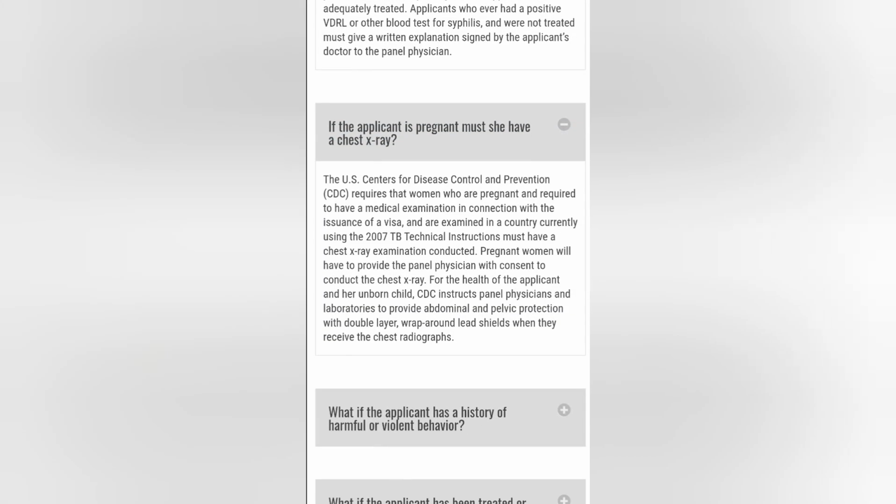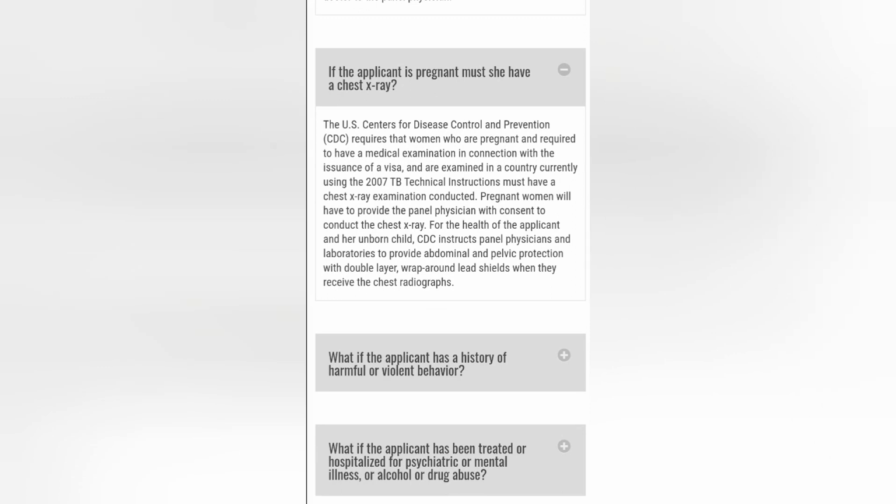The U.S. Center for Disease Control, CDC, requires that women who are pregnant are required to have a medical examination in connection with the issuance of a visa and are examined in a country currently using the 2017 TB technical instructions, and must have a chest X-ray examination conducted. Pregnant women will have to provide to a panel physician a consent to conduct the X-ray for the health of the applicant and her unborn child. CDC instructs the panel physician and laboratories to provide abdominal and pelvic